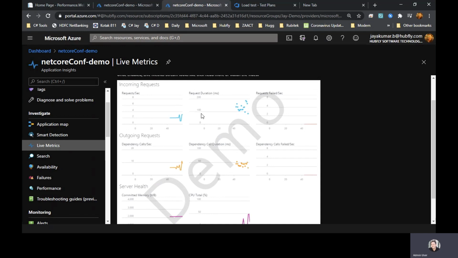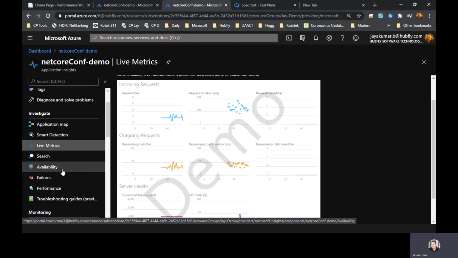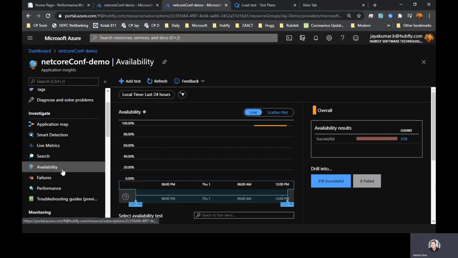Let's take a look at DevOps as well. As I said earlier, in this test plan, you should be able to find an option called load test at the bottom, but you will not find this in the near future. It's going to be removed and deprecated. However, if you are using it just before it gets removed, let me show you how it was so that you can know how easy it was earlier.